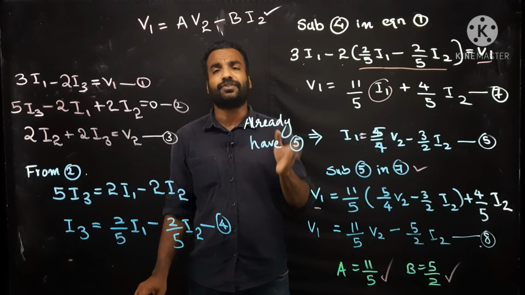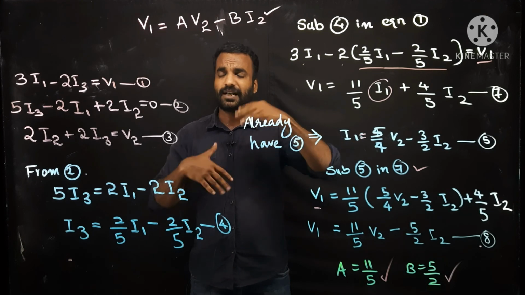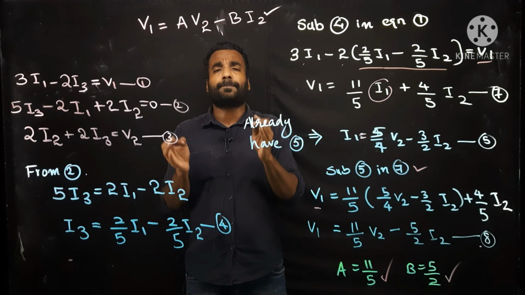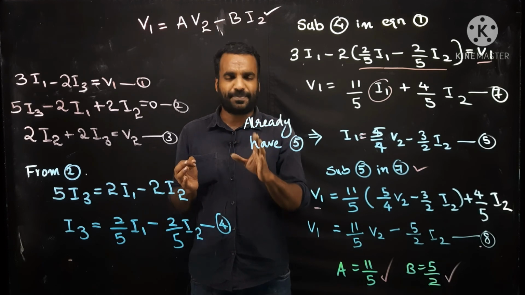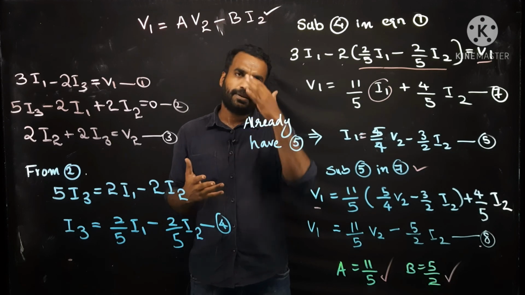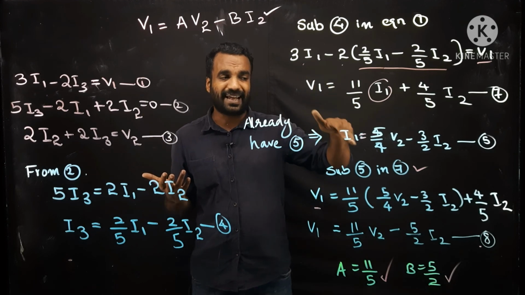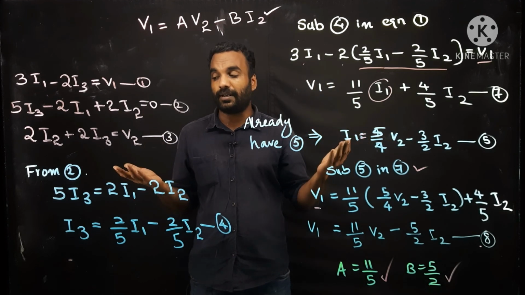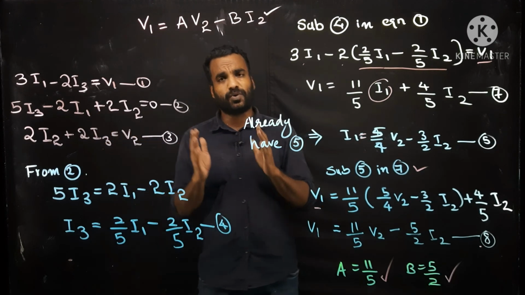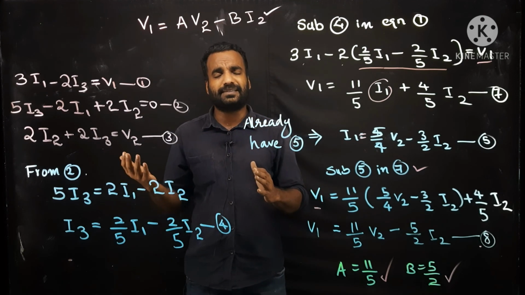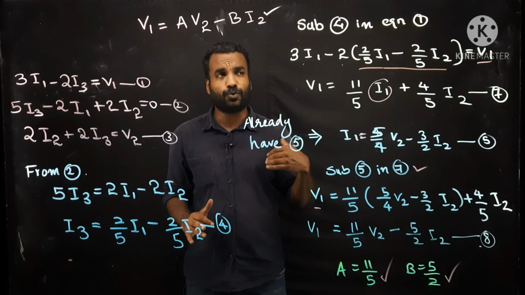So what are the advantages of this method? No need to make any side open circuit, no need to make short circuit, such calculations are not needed. But in simple problems like Z parameters, Y parameters and up to an extent H parameters, this method is not needed because there are chances for complications. If you don't think in the right sense, you may lose little time for arranging the things into the standard form. So it is not a sure shot. But the other method is really simple for simple questions. But for ABCD parameters, my advice to you is to follow this method.